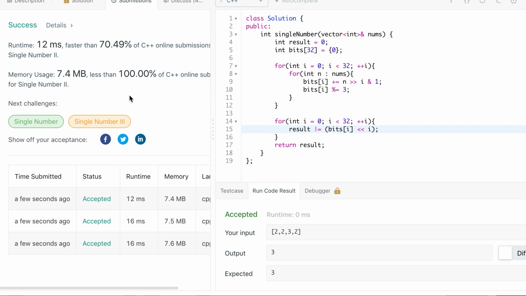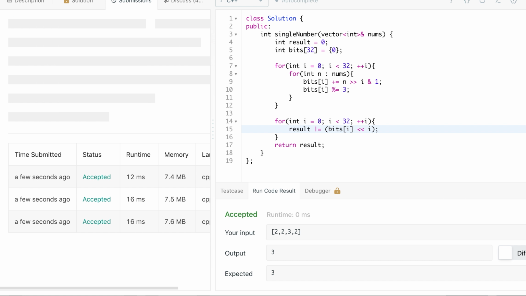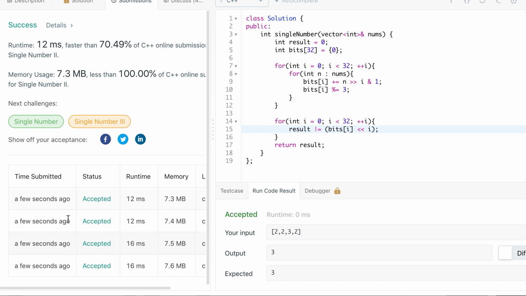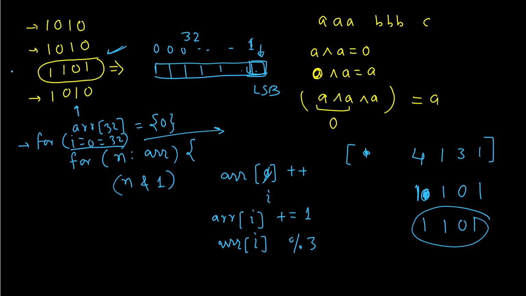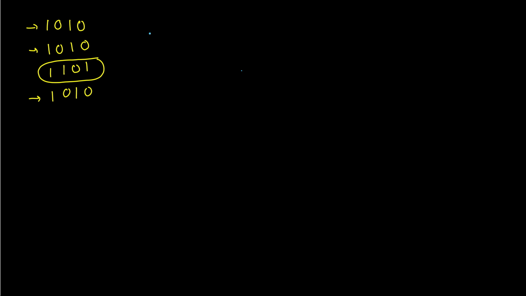So the same solution, if you try a few times, timing will vary. And here you can see it's better than 70%. So this is quite good, not that bad. So now we will look at the other solution, which is using XOR. So here the idea is that we will keep two variables,